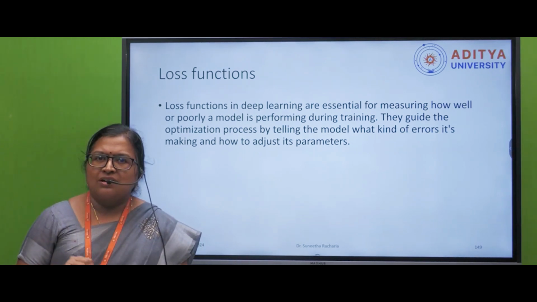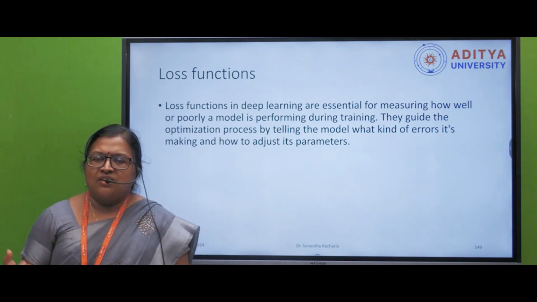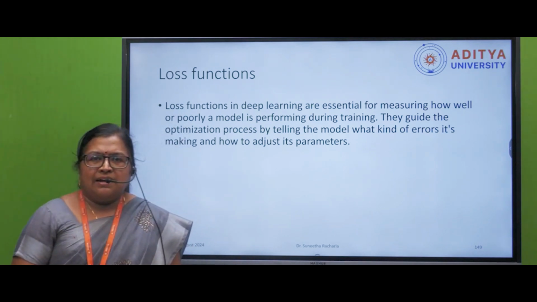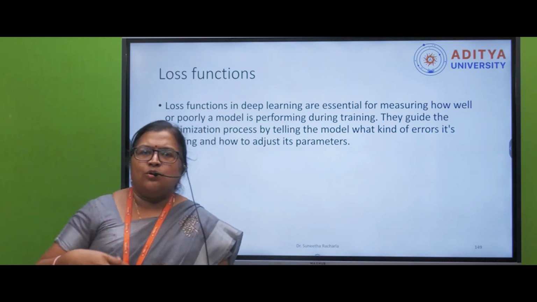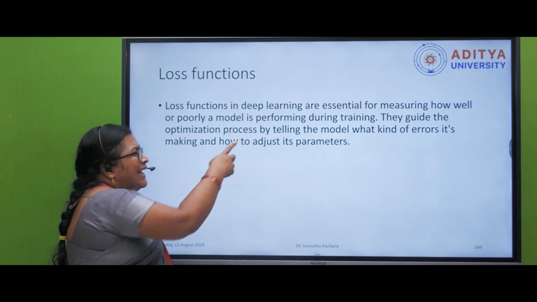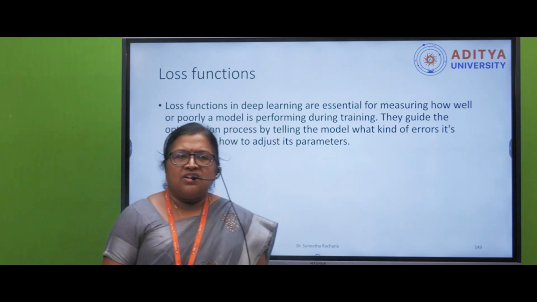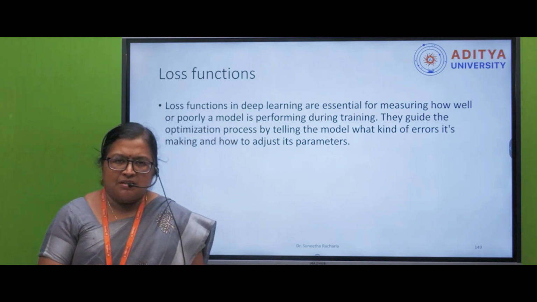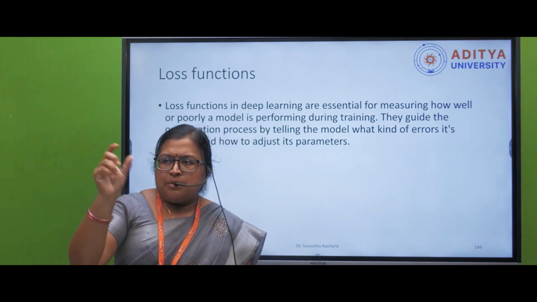For that we use stochastic gradient descent. We will differentiate that loss function and equate it to zero, and we will use backpropagation. Everything is used to reduce the loss function. But how do we calculate the loss function? Suppose we are using softmax as the activation function, so at the end of the output layer you get a probability.